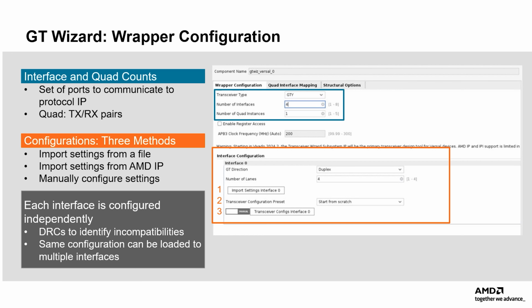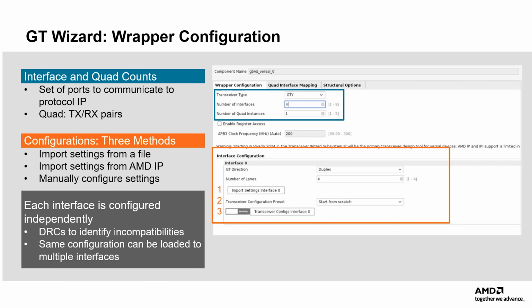The quad interface mapping settings provide customization options to assign the lanes of each quad to various interfaces defined in the wrapper configuration. The GUI layout expands based on the number of quads selected in the wrapper and maps the quads to each interface. The GUI options to configure each quad consist of number of targeted interfaces, direction, TX and RX master clock source, and interface to lane mapping, a read-only GUI option available to guide users on mapping multiple interfaces to a single quad and to check if the information provided in the quad interface mapping is correct.